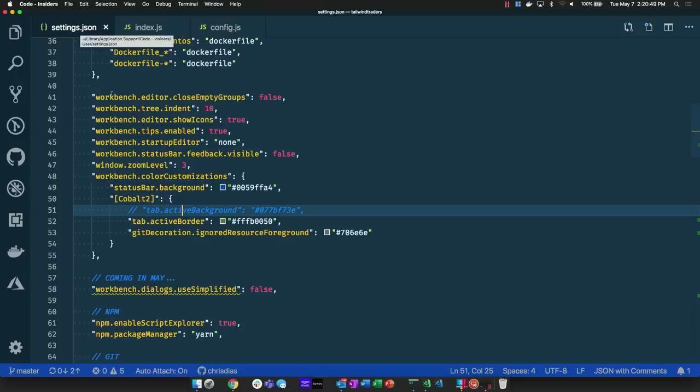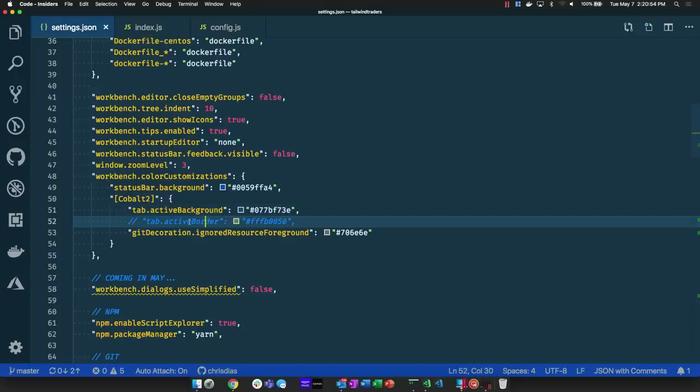So what I could do is set the background color of the active tab to what I like. I like the thinner border on the active tab. You can see it's a little bit thicker, but probably the most interesting thing for me was this ignore resource foreground